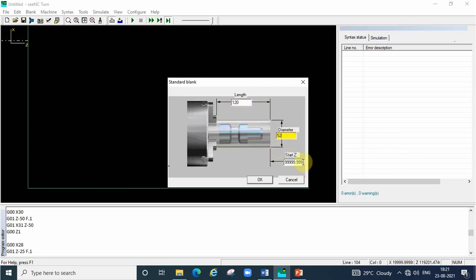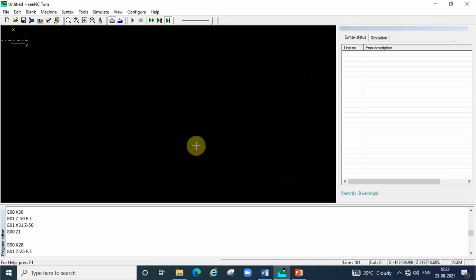Initially we are doing the facing operation. For that we need to give some allowance, 0.5 or 1 mm. Simply give OK. 120 length, 52 diameter, 1 mm for facing operation. Give OK. Now the component is not visible.